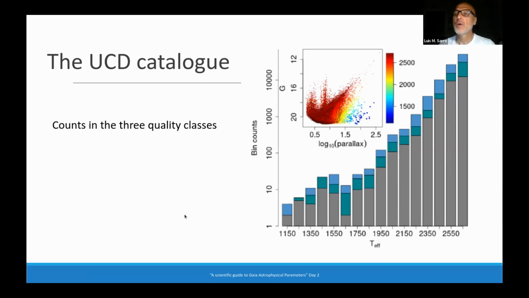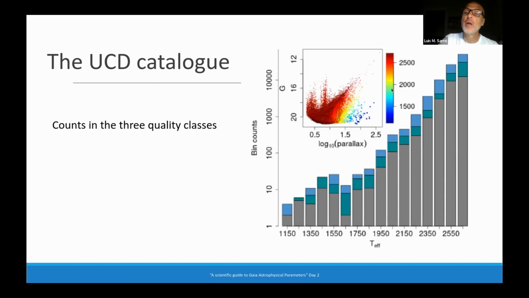temperature. Gray, green, and blue mark the 3 quality classes. The most numerous is quality 0, and it's roughly 50% of the 94,000. And then the other 2 quality classes, quality class 1 and 2, would be 25% each. I'm rounding off, okay? And this is the distribution of the parallax versus the G magnitude, with the color code